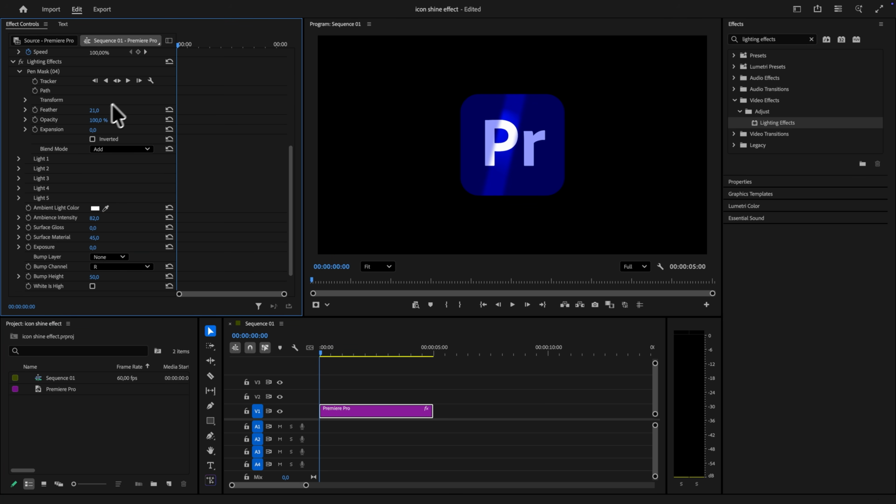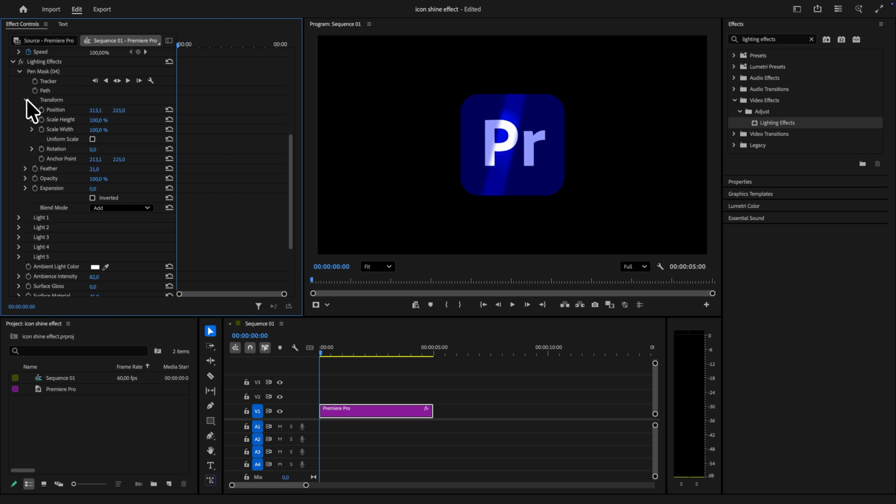Now to animate it, make sure you're at the start of the layer and then expand transform. Now create a position keyframe and then move the mask to the left, so it's outside the icon. Then move forward around 1 second and then move the mask to the right, to the other side of the